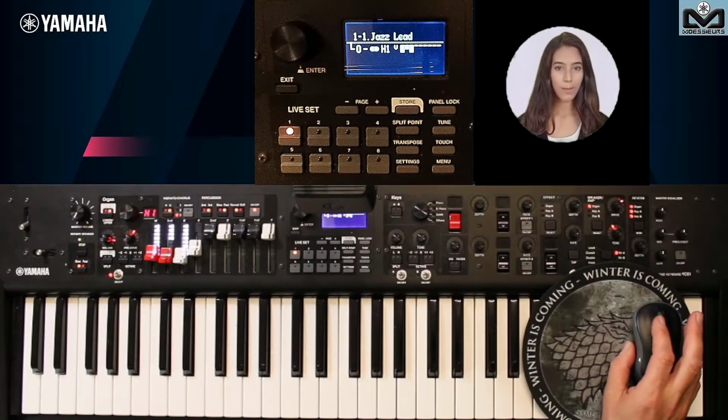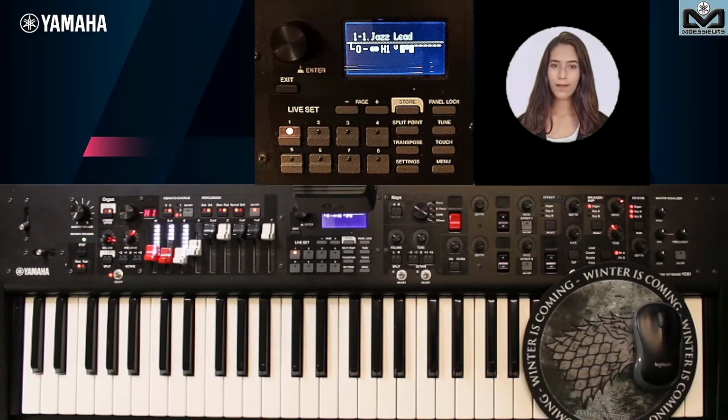We will start simply by talking about the USB key, because to update your YC operating system, you need a USB key. It is not necessary to take a 16 gigabyte one, because by default, YC files when you want to save are less than 1 megabyte, so it's really not worth having a huge storage size.